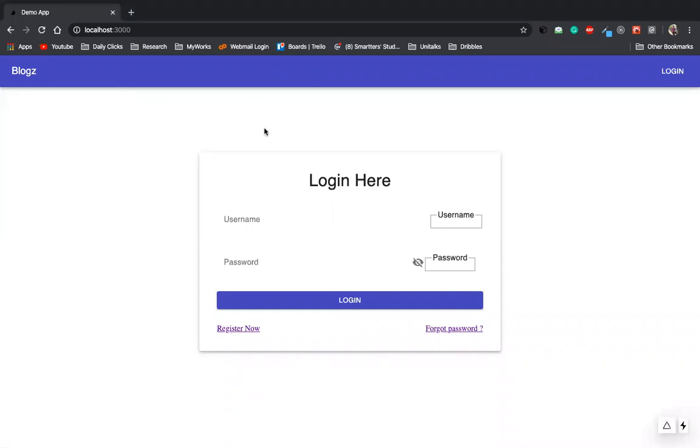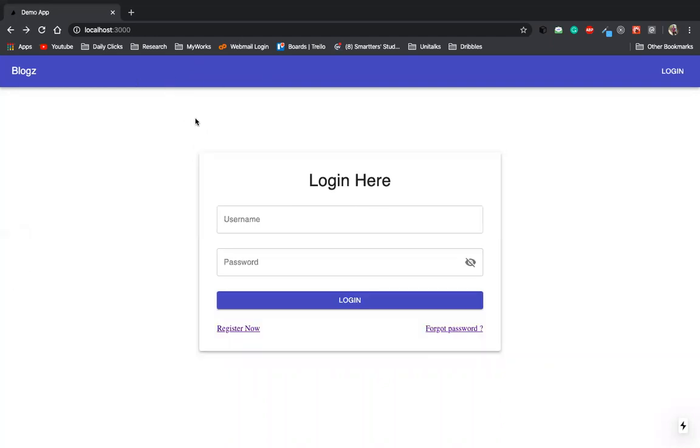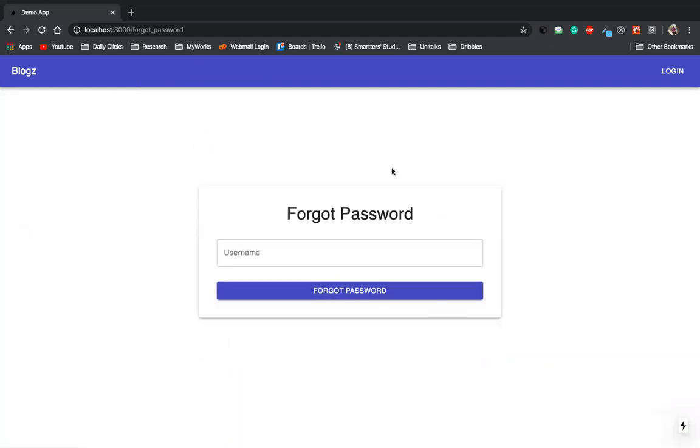When we go to the register page, see, we also see the app bar here, and inside the forget password page also we see the app bar.